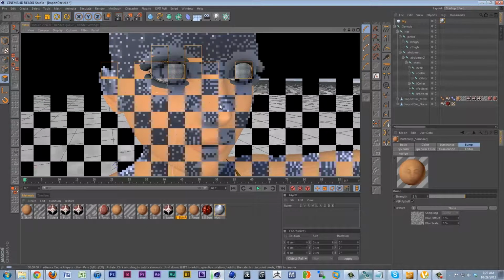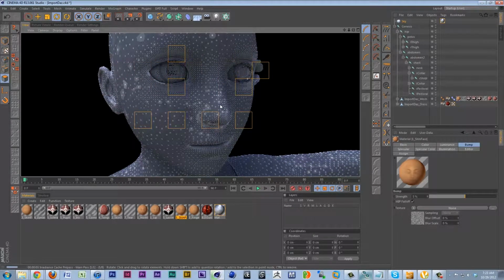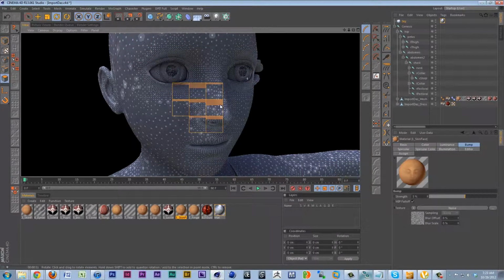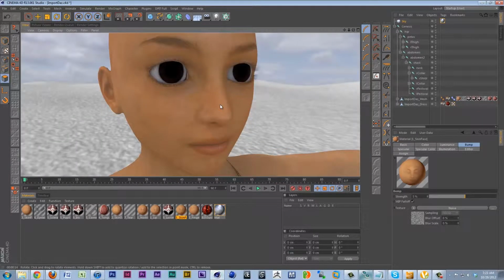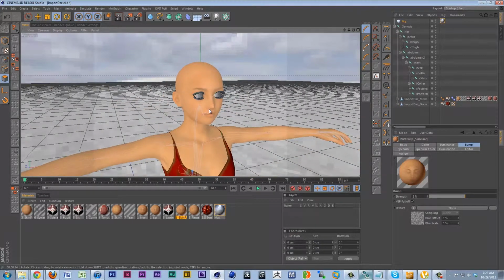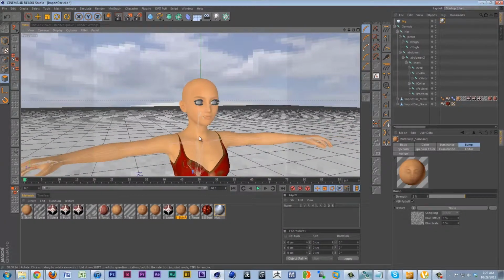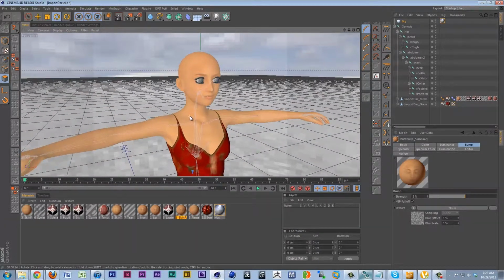Zoom in a little bit closer. And yeah, I'm definitely liking it. There's just that fine detail, that extra detail. Even though bump mapping is a little bit fake,